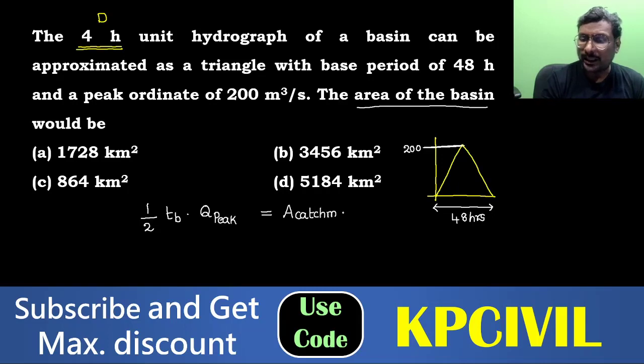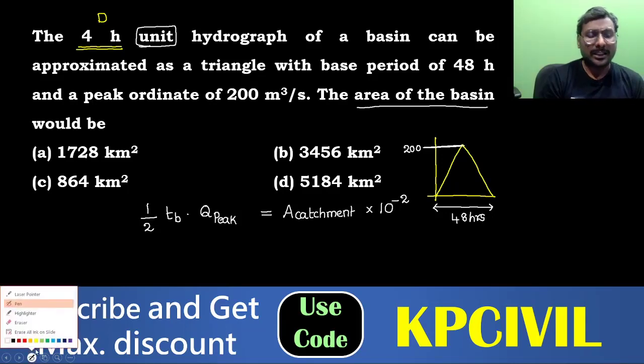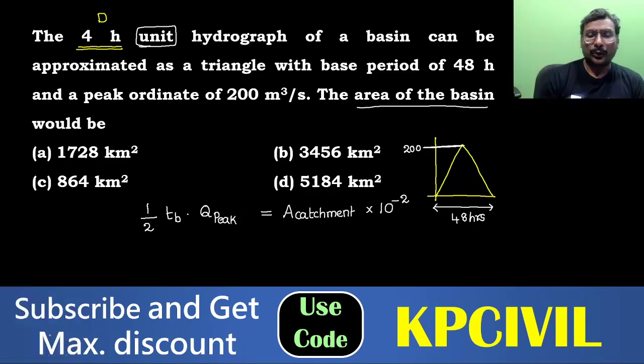The area of the basin or area of catchment will be taken into depth. What is the effective rainfall depth? What is the meaning of unit here? The meaning of unit is 1 centimeter. 1 centimeter we are taking as 10 power minus 2. So now I am writing half into time base 48 hours,